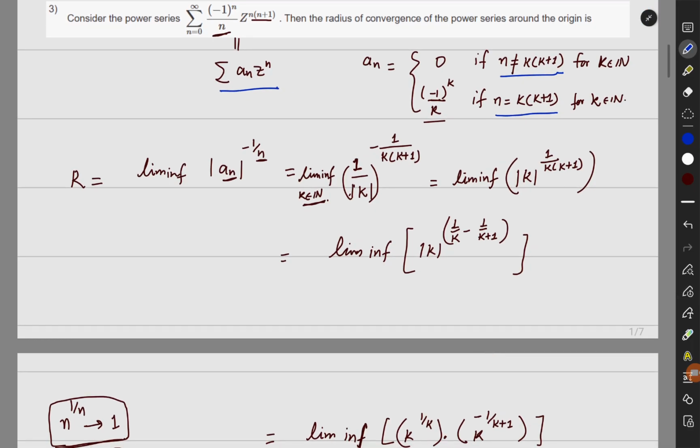So in this case we want to calculate the limit of this sequence, where n belongs to the natural numbers. So a_n is equal to... The 0 part we are not going to take, because 0 to the power minus 1 by n is very big. I mean it is infinity, or we can say it is not defined, it is positive infinity. So the biggest